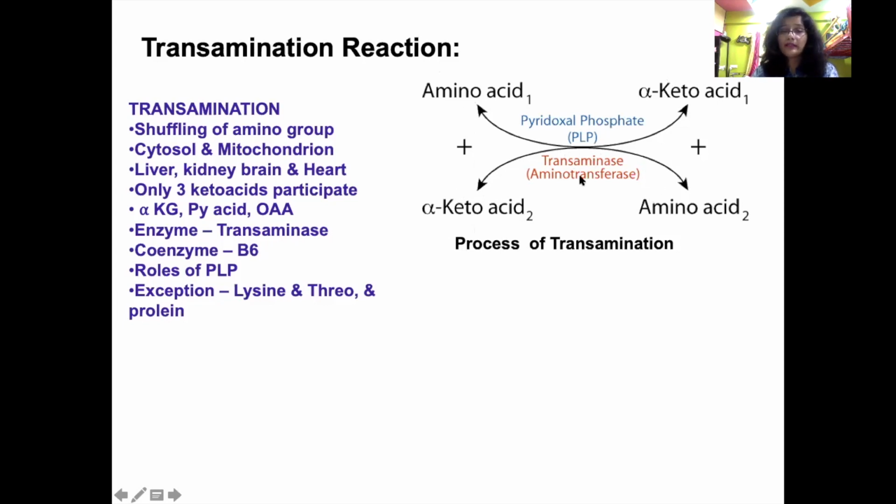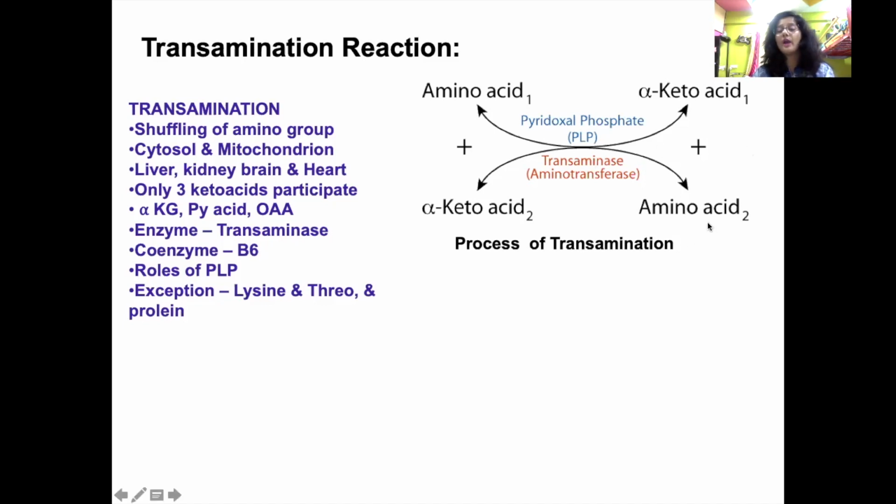Now this reaction occurs in the cytosol and mitochondria of every cell, but it occurs in greater quantity in liver, kidney, brain and heart. And there is a restriction: only 3 keto acids can take part in the transamination reaction. The one major keto acid we discussed in the last slide is alpha ketoglutarate, which will